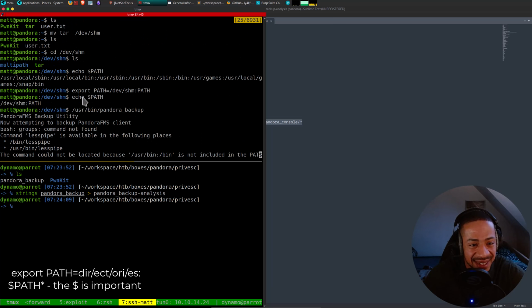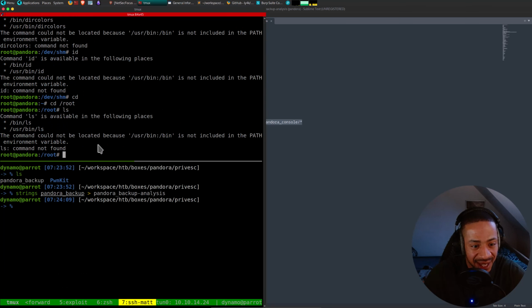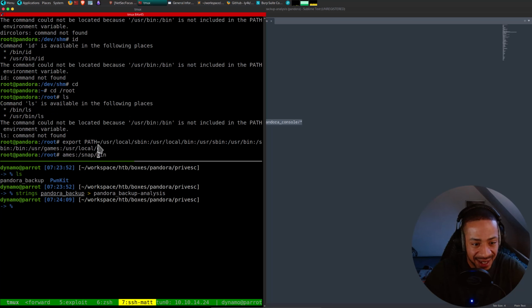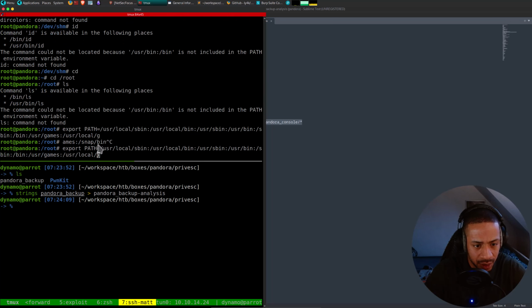All right, let me just fix this really quick. So this was the path before I killed everything. Export path, and then, oh god, what am I doing? dev shm like this.